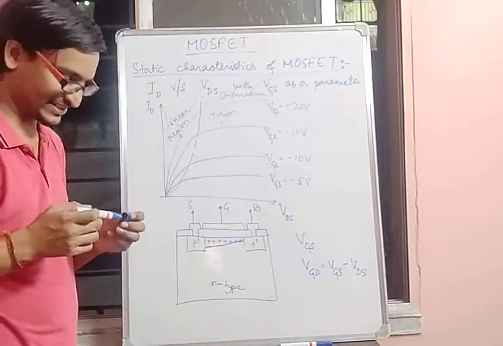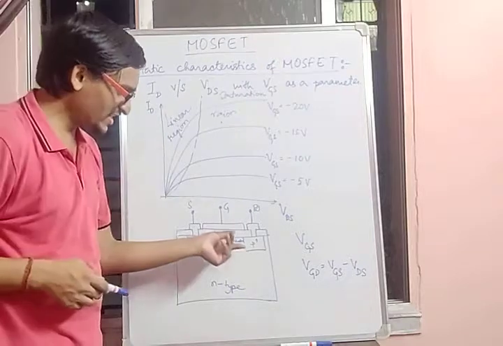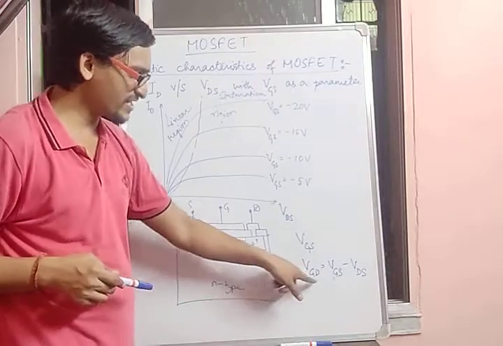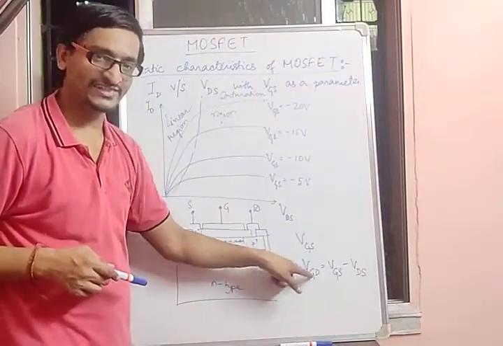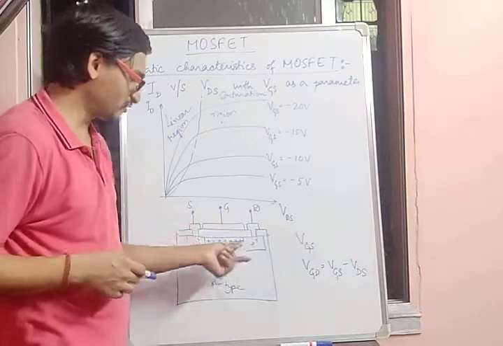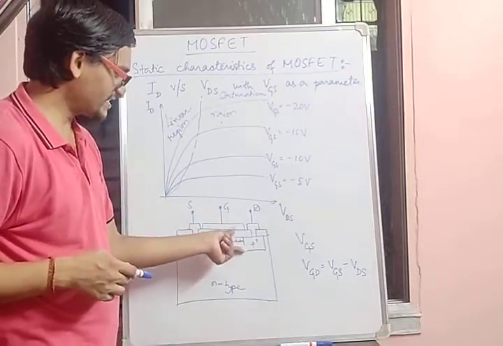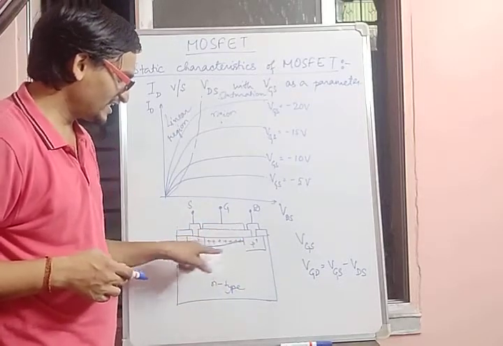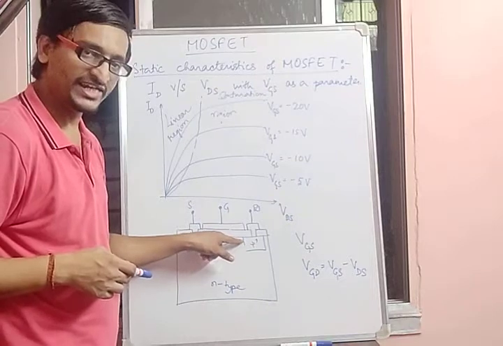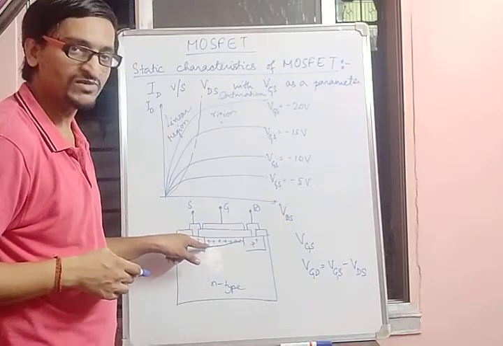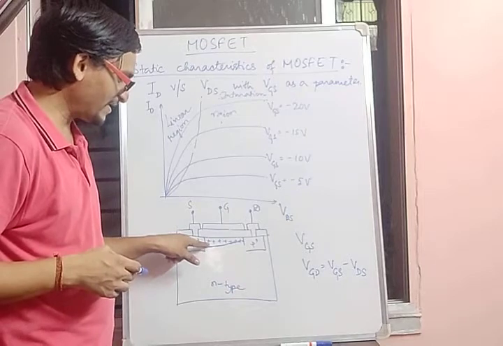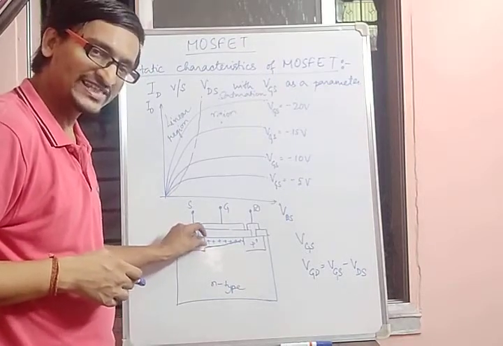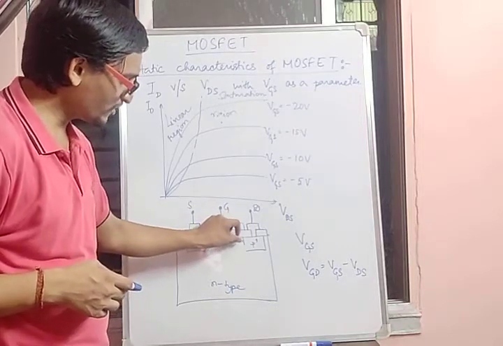It's somewhat like this. Here the resistance is more because, as you can see, this voltage is less here towards the drain side. Towards the drain side the difference is less. As a result, the voltage difference is less, so the holes accumulating here will be less as compared to the holes accumulating here. So what will happen as a result? The resistance offered towards the source side is less as compared to the resistance offered towards the drain side.